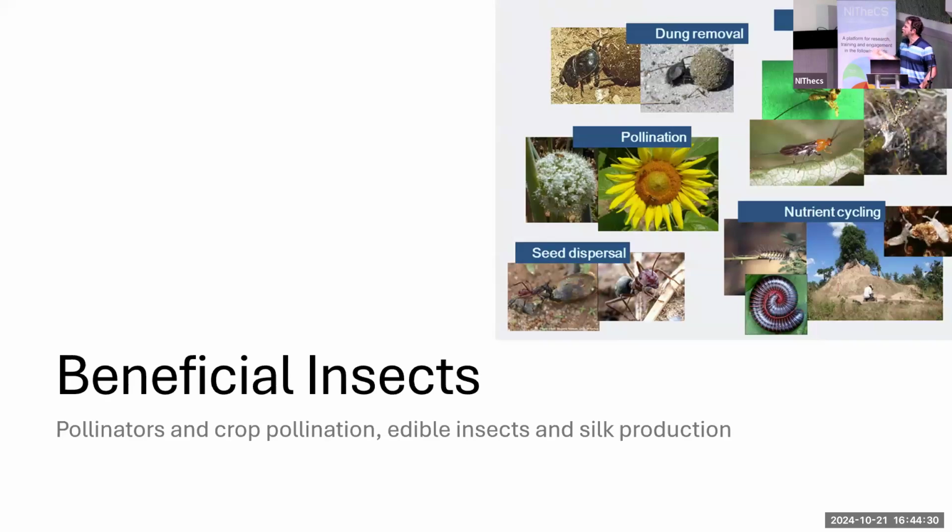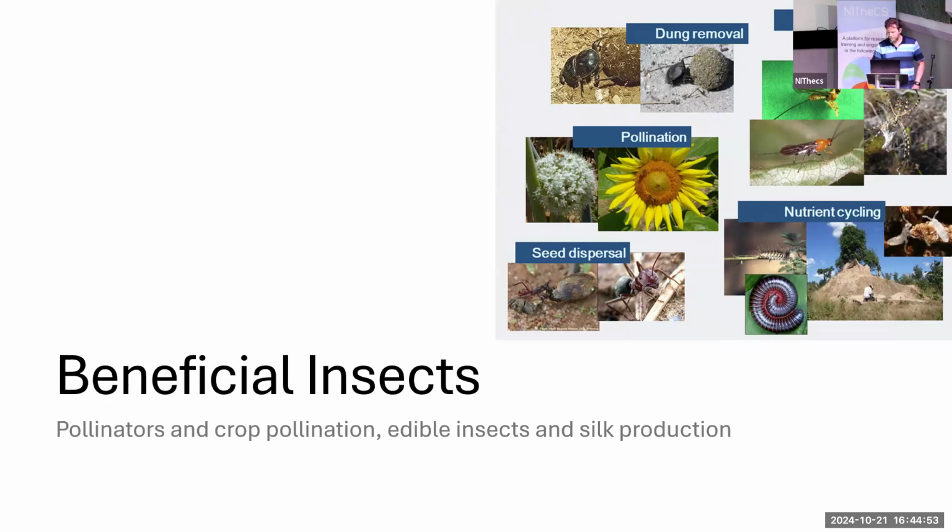But then there's also beneficial insects. So there's lots of insects that give benefits to humans. So our crop pollinators, dung beetles that remove dung, predators and parasitoids of pest insects, which then prevent crop damage, ants that disperse seeds, and nutrient cycling by insects